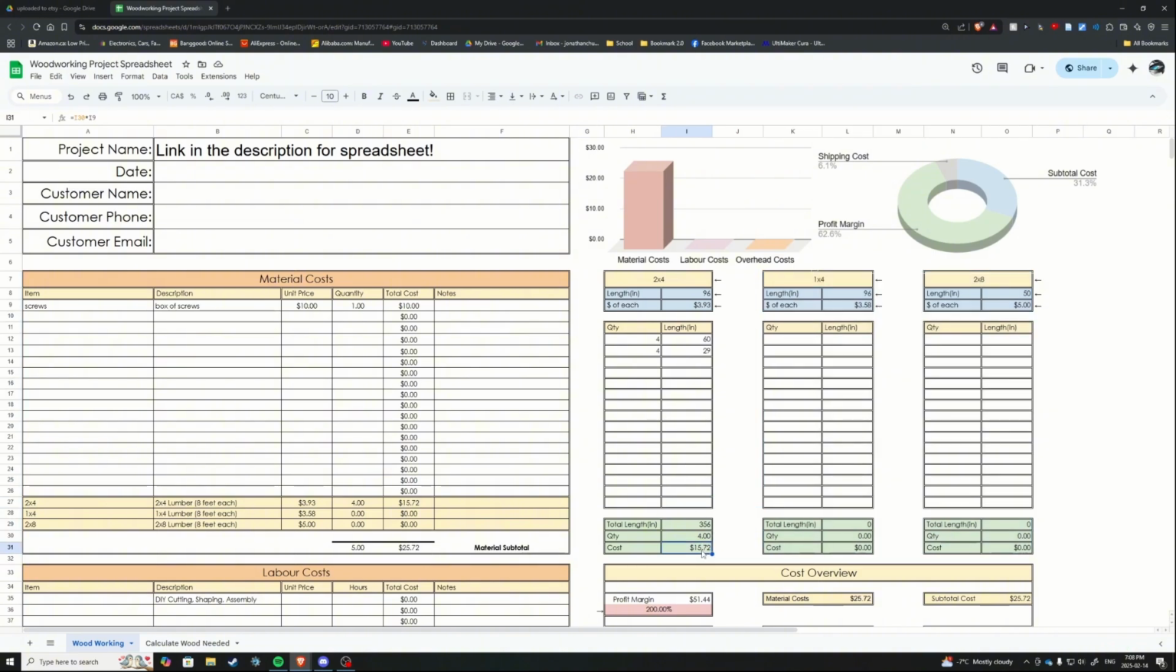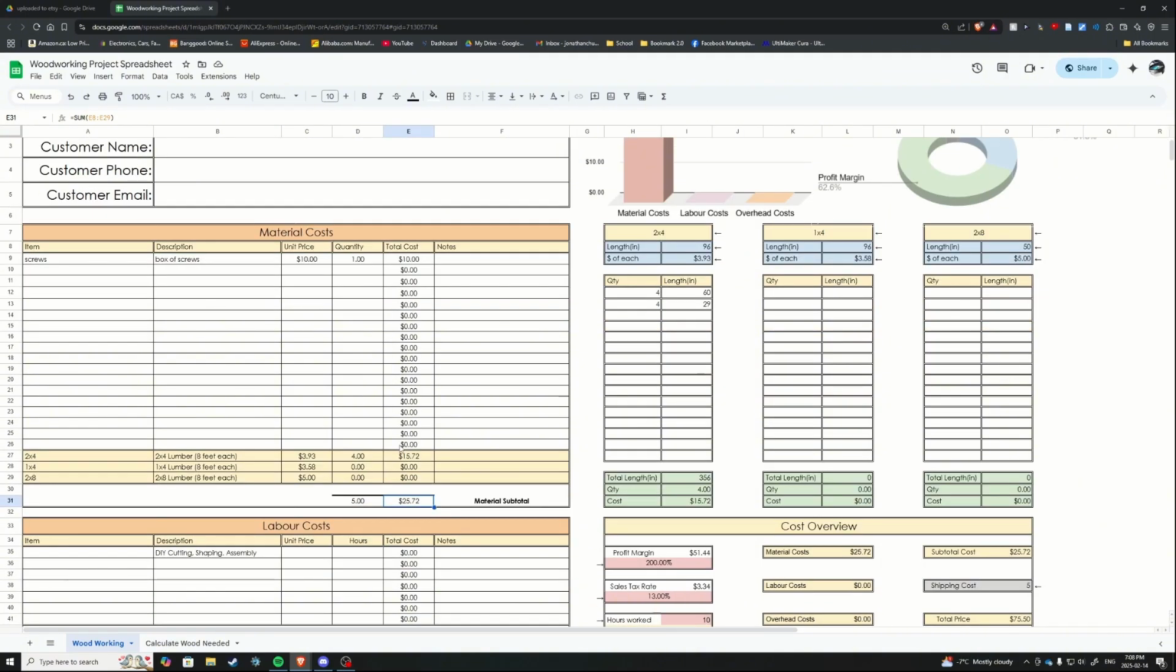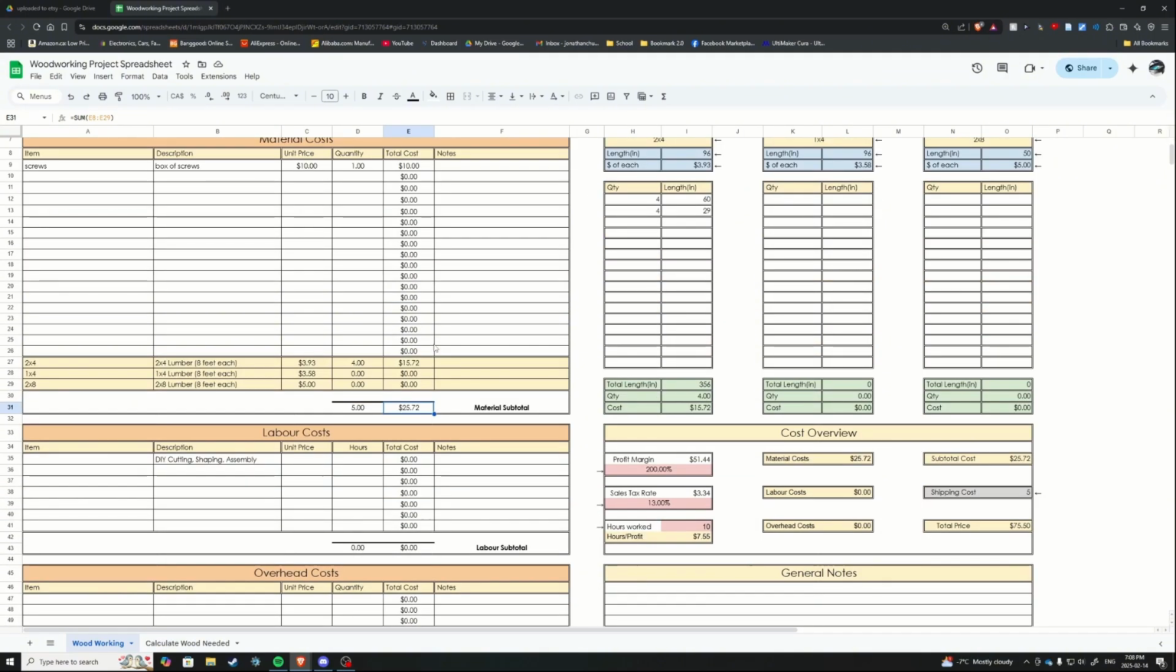So that amounted to $15.72. And then you can more or less see the material subtotal coming to $25.72 right there. Next, you'll probably want to put in labor, or include your labor costs. So you're going to be putting however much you're trying to get paid per hour. So let's say just 15 for the heck of it, and you only put in like 4 hours of work,